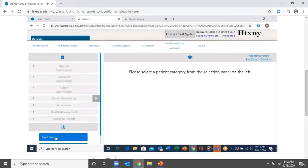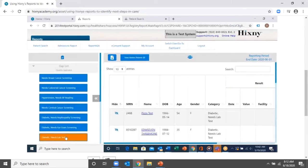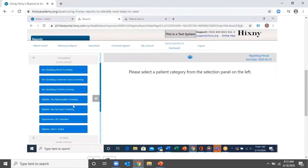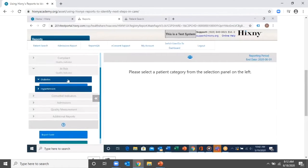Now, let's take a look at each category. The Gap List category contains reports for patients who need a recommended standard of care, such as an A1C lab test for a diabetic or a blood pressure reading for a hypertensive patient. The Compliant category contains reports for patients who have received a recommended standard of care, like diabetic patients who have had a recent A1C lab test, or hypertensive patients who are controlling their blood pressure. The Risk category contains reports for patients whose medical tests